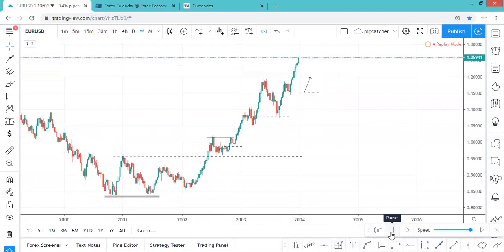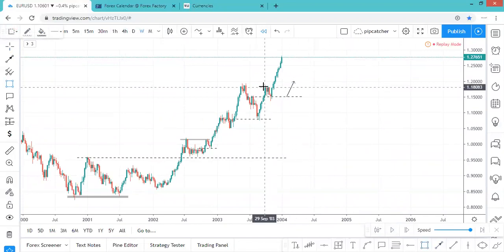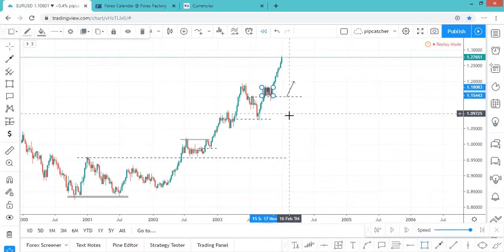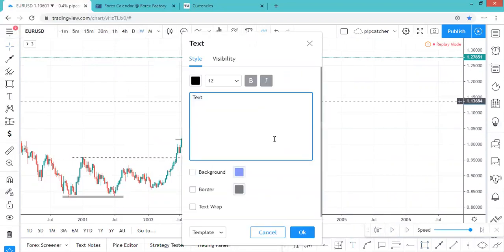Wow, wait. Okay, so look right here. There's a point of interest right here. You guys see this area? This right here, it got broken. So this is an area of demand, right? So if you're following conventional